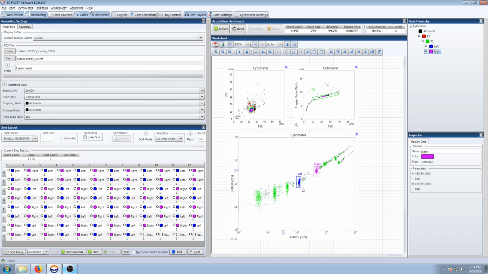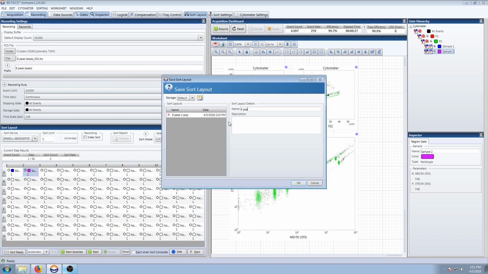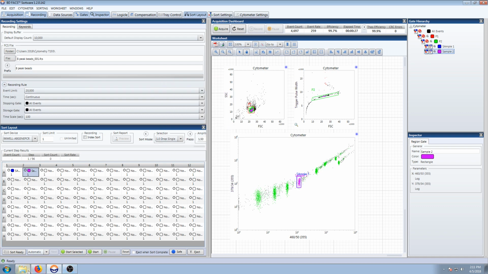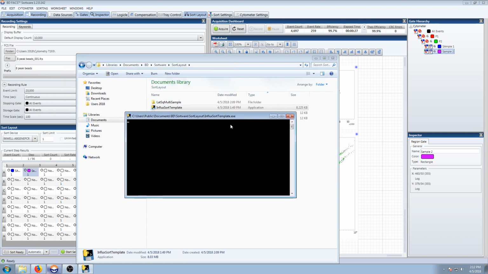If you want to use one plate but multiple samples, all you have to do is overlay your gates. So I'm going to choose 2 gates here, right and left, but one's going to be called sample 1 and one's going to be called sample 2. Again, I put them in the first wells, save the sort layout, 8-peak 2 samples, go to the program, run it, wait a few seconds,